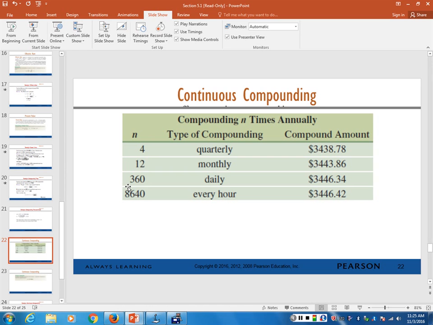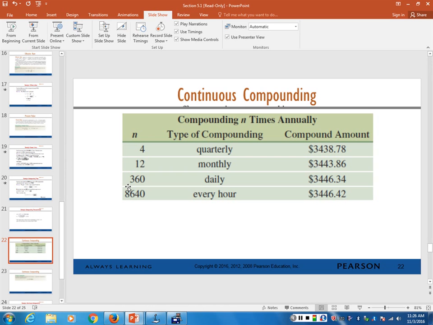If you compounded quarterly, you would get even more money, because in compounding period 2 you would get interest on not only what you deposited but the interest from the first quarter, and then in compounding period 3 you would get interest on all the money that was in at the end of compounding period 2 plus the interest on period 2, and so on until you got to the fourth quarter, you're actually going to get interest